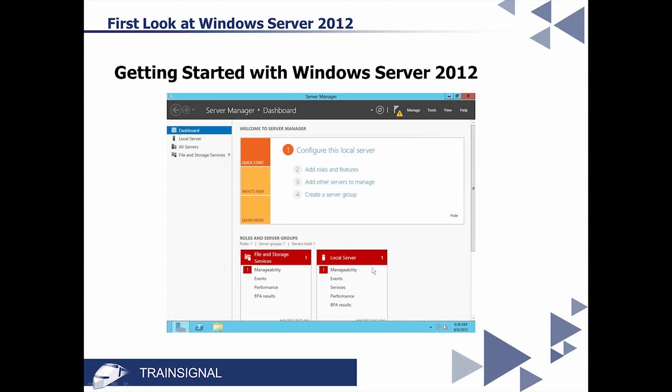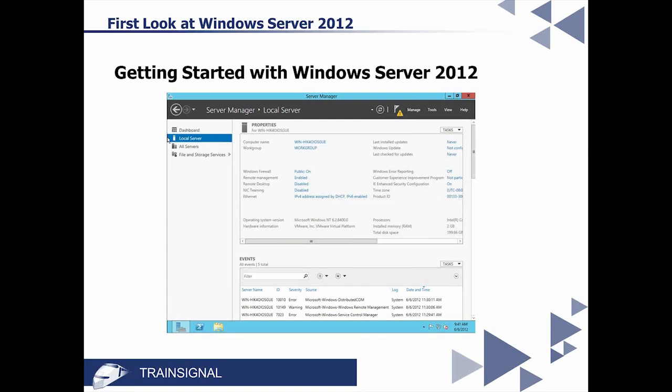Down here, we have roles. So specific roles will show up, and server groups will show up. Again, there's more below this that you can't see right now. And this is what it looks like. You'll notice that this is red, which stands out like it must be an error or something. And it is. This little 1 next to manageability is an actual error. We're going to talk about that error because it's been talked about a bunch over this last week or so since the Release Candidate was put out: when you do a clean installation, you start off with errors, and that's bothering a lot of people.